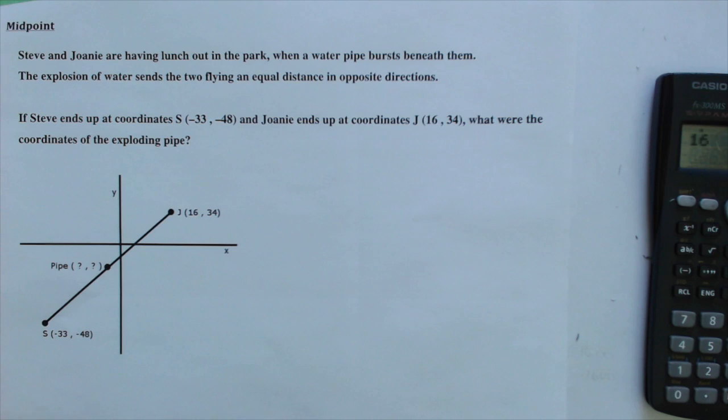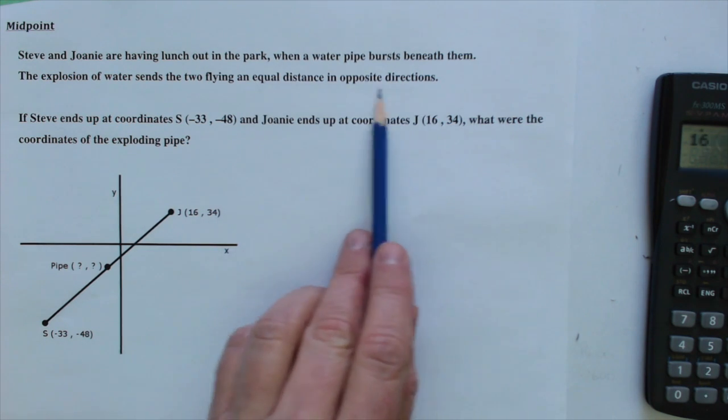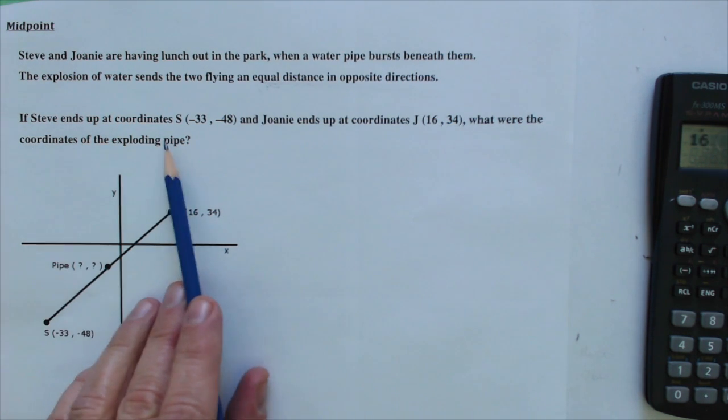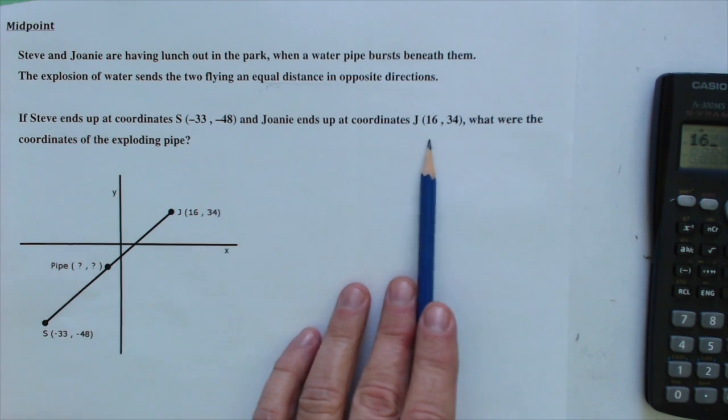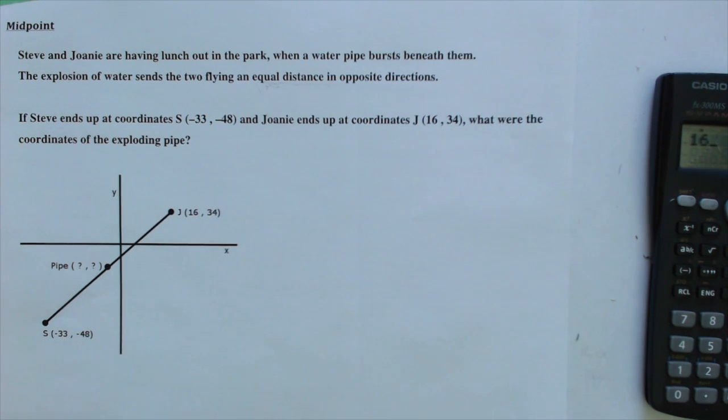Hey guys, this is the instructional for the midpoint formula. We'll get right to it here. Steve and Joni are having lunch out in the park. How sweet. When a water pipe bursts beneath them. Not so sweet. The explosion of water sends the two flying an equal distance in opposite directions. And I'll come back and refer to that language in a second. If Steve ends up at coordinates -33, -48, and Joni ends up at 16, 34,